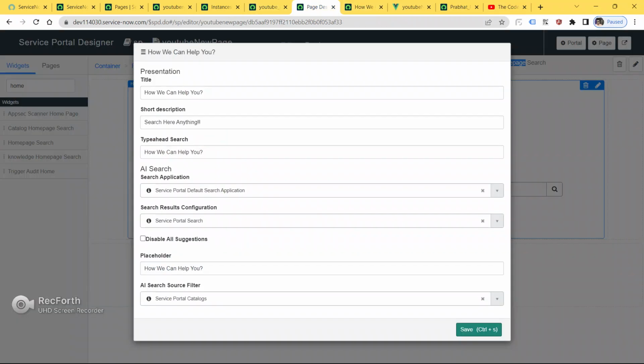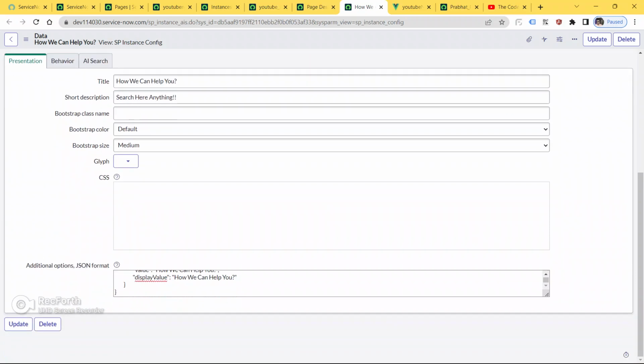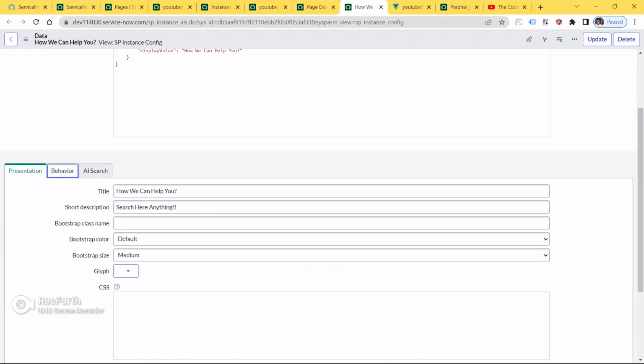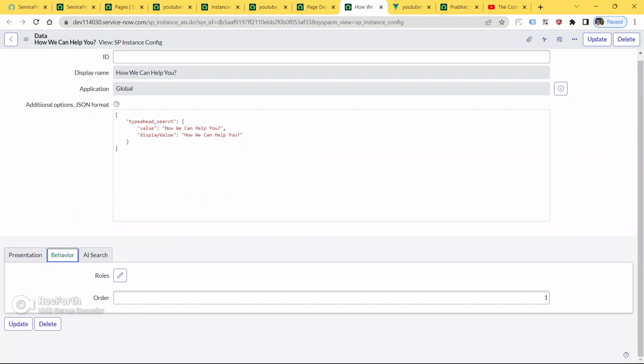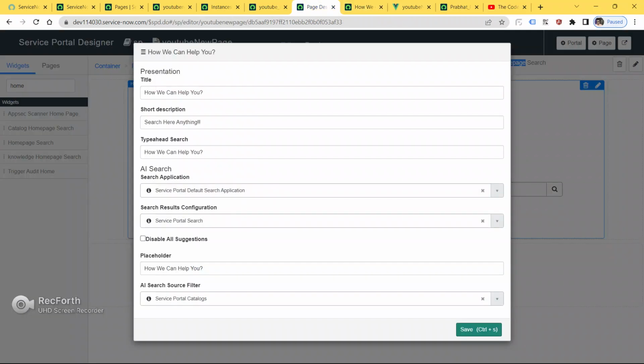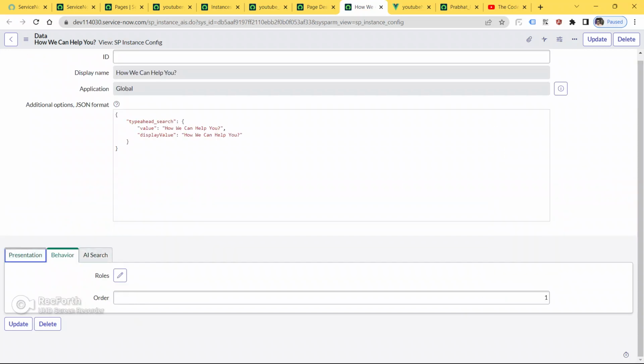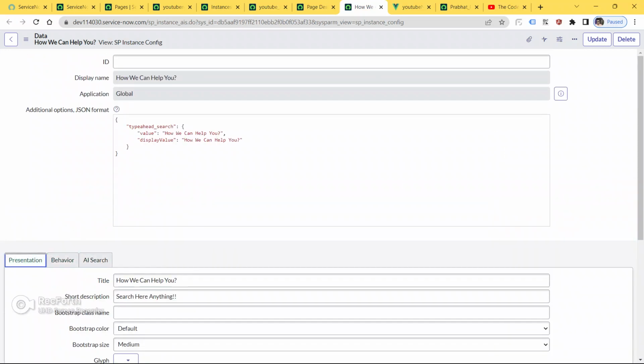See, this is the backend of the search, guys. This is the backend of this page, this modal. Here you can do some extra stuff. See, this is the behavior, guys, and this is the AI search we have just defined in the modal. Here you can do some extra stuff based on your knowledge, based on your application.